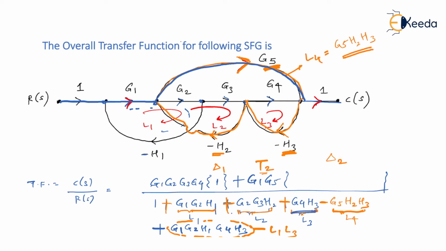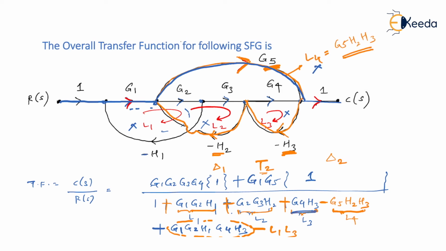Is that right? So with the second forward path, can I say L1 is touched? So I need to cancel L1. In fact, L2 is also touched. In fact, L3 is also touched. And there is no question of taking L4 also, because L4 is also getting touched. So all the loops we have to remove. Finally, what we have again as delta 2 is 1. So again, delta 2 value is simply equal to 1. I hope you understood this.